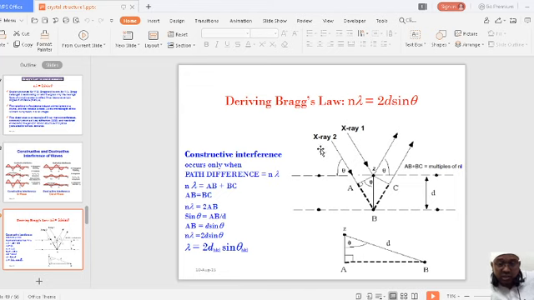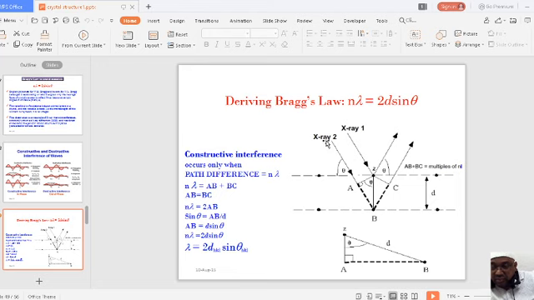So first of all, geometrically, what we are drawing. See, the first X-ray is incident exactly on the first atomic plane. You can just see this. The first X-ray is made to incident on the first atomic plane. So it is hitting at this particular point, and again it is getting reflected. It has been shown by the dark black arrow. You can just see this is X-ray 1.